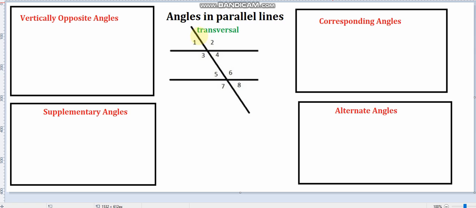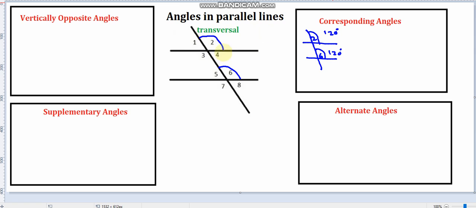So we have to start with angle 2. Angle 2 is an obtuse angle. What else is obtuse? If I come down, I can see this 6 is also exactly the same, and they are also on the same line. So I can draw a line and I can draw angle 2 and this angle 6. I can also observe that they are making a shape F and they are within shape F. These two angles are the same. If this is 120 degrees, this angle is also 120 degrees because they are corresponding to each other.